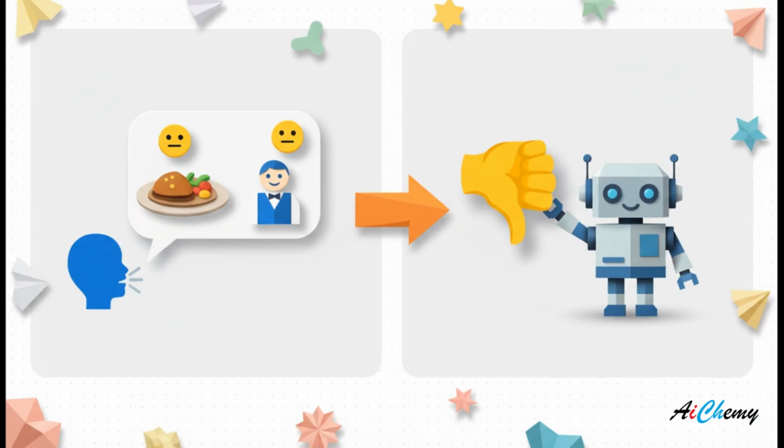And here's a perfect example. We ask it to classify the sentiment of a sentence. The food was okay, but the service was terrible. It's a mixed review, for sure, but the AI just gets it. It instantly replies negative. We didn't have to teach it anything. It just knew. It's super simple, and it just works for these kinds of direct tasks.